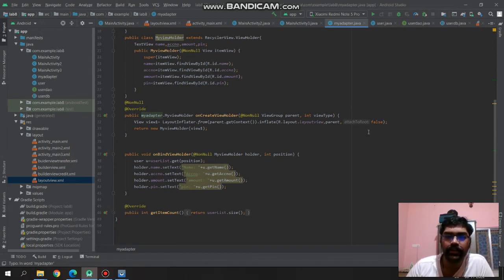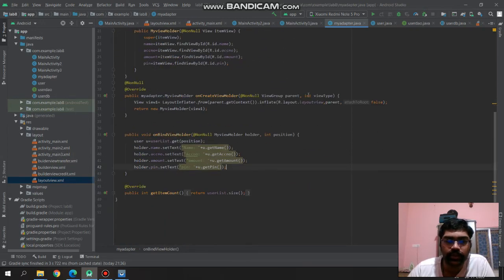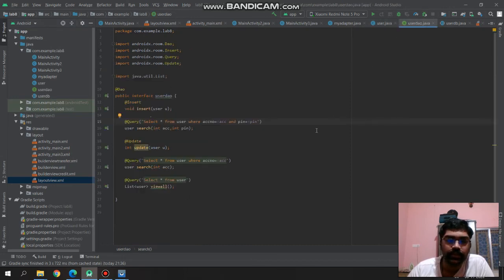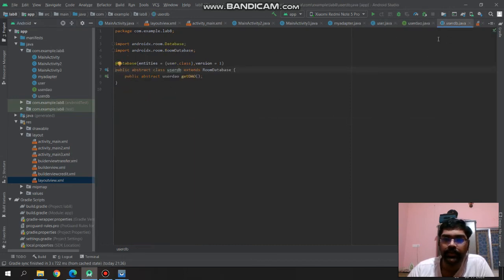Then we are using a layout inflater from parent.getContext. Then we are setting that to inflate. Then we are setting the values with the name, account, PIN, and number with their respective messages, and we're passing that item count in that log. Then these are setter getter methods, these are DAO functions, and this is abstract.